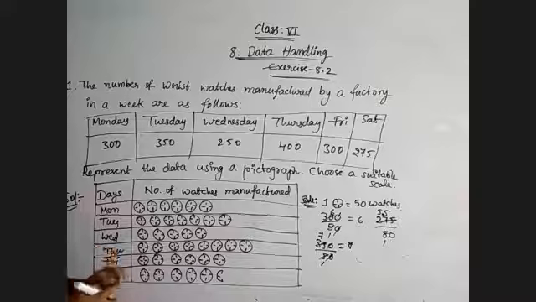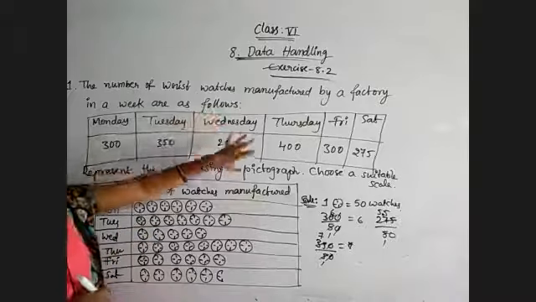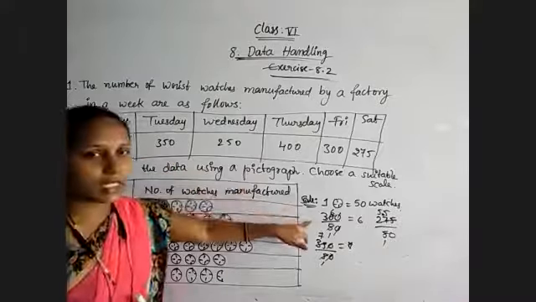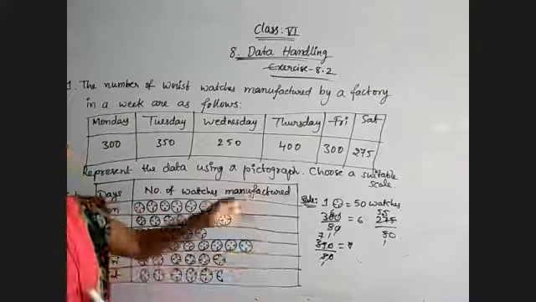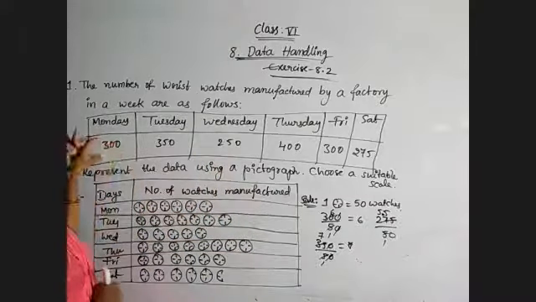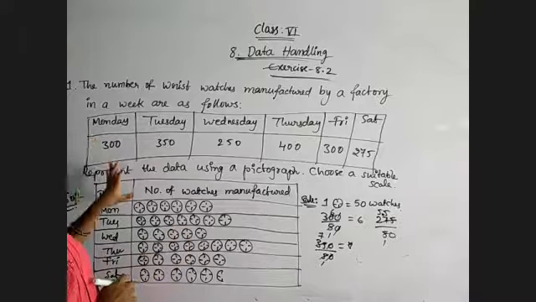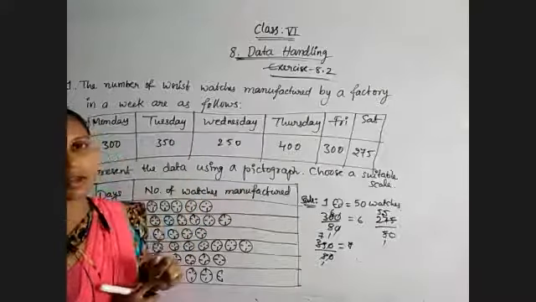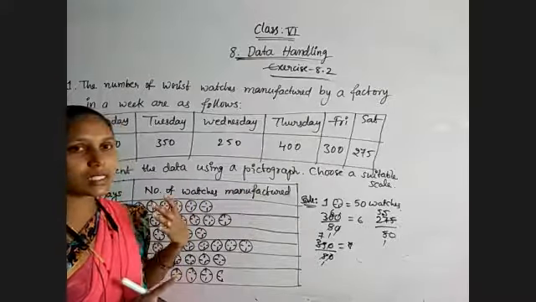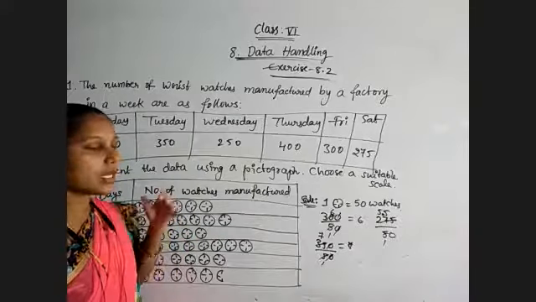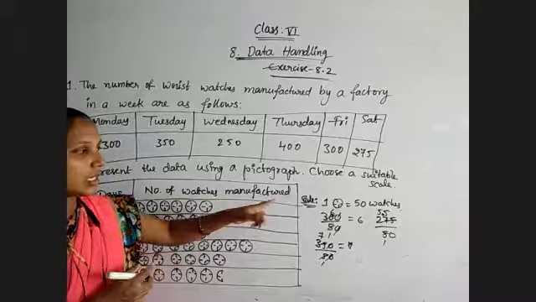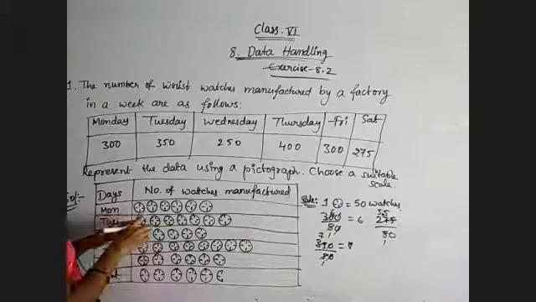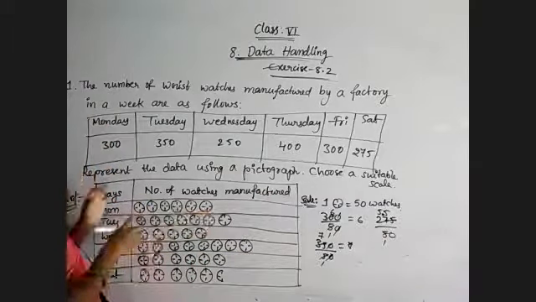Now just remember once again, whenever they are asking us to prepare a frequency pictograph, first we have to choose the correct scale and decide how many symbols we need. According to that scale, whatever values they have given, divide by that scale, then you will get the number of symbols. To find the number of symbols, divide the value by the scale. Okay, if they have only given symbols, to find out the value of those symbols, multiply. See here, one symbol cost is 50 watches. For the first question, if 300 is not given, only symbols are shown in the picture.